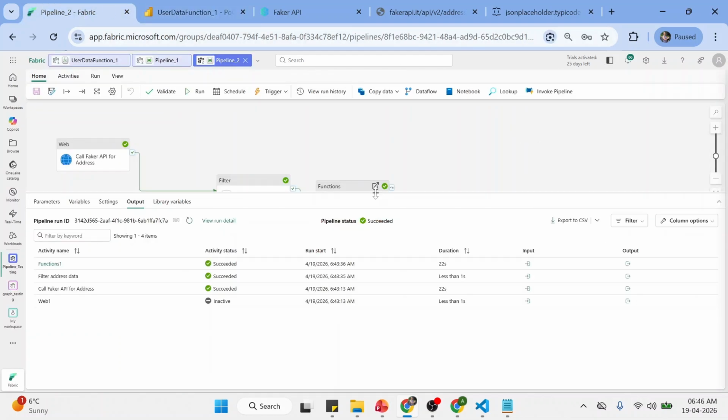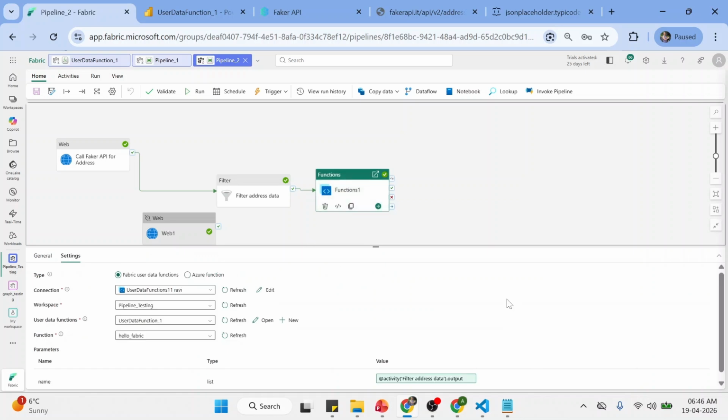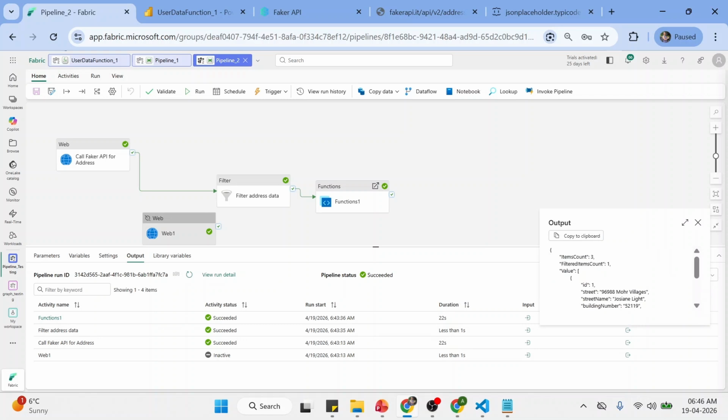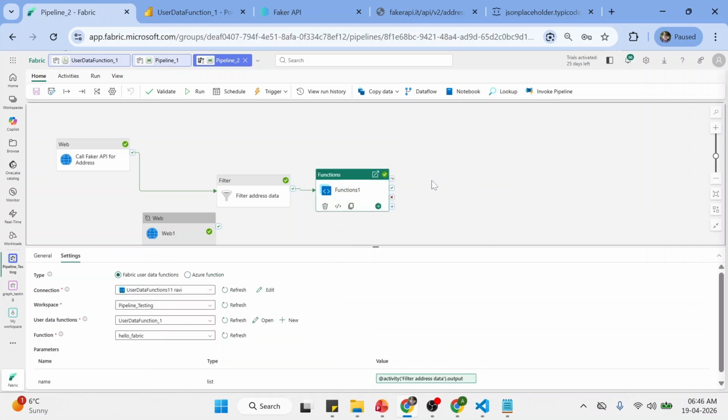We have made a mistake. What is this mistake? Let's see. Okay, let's see the output of filter first, then only we will come to know. If you see the output, it's the complete output, right? The value. But here, if we see hello fabric, we are just passing the output, and in this case it's a list, right? Why is it a list? Because